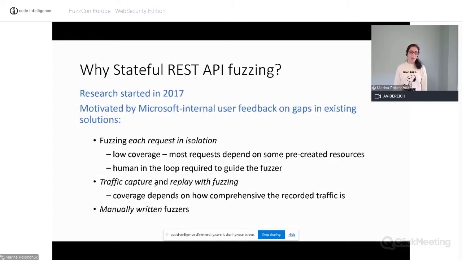So RESTler actually came about as a project mainly motivated by Microsoft internal feedback on having applied some techniques and having some issues that they wanted us to take a look at. So we started researching this problem in 2017. And some of the things that we saw that people were trying is, one, either manually or by loading up an API specification, fuzzing each request in isolation. And if you do that, just automating that will have pretty low coverage. So you need a human in the loop to really guide the fuzzer